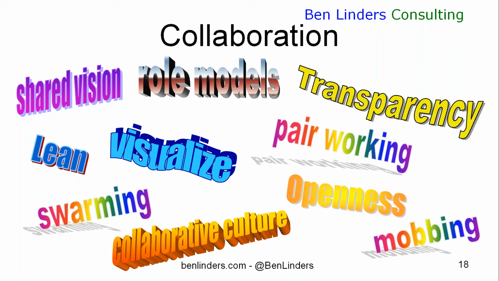Ways to do this can, for instance, be by working together on problems. If you have a problem, build up a team which is swarming and works together intensively to get those problems out of the way. Paired together, I've seen a lot of good results from people from development and people from operations pairing, working together to solve problems. The joint knowledge that you can have by two people working together, or maybe even more people when they start mobbing, can really give a boost to your products, can really improve the quality and produce much more value for the people that are using your system.